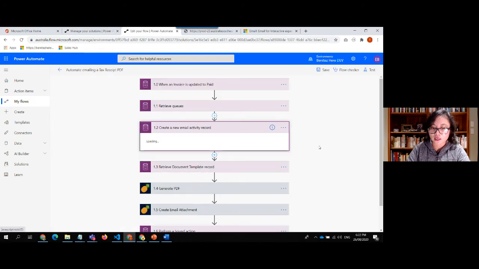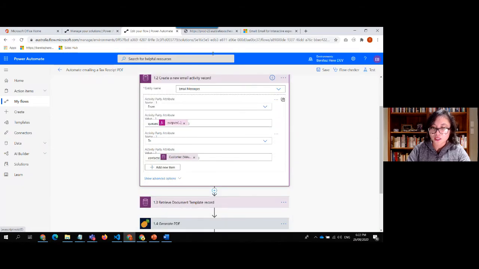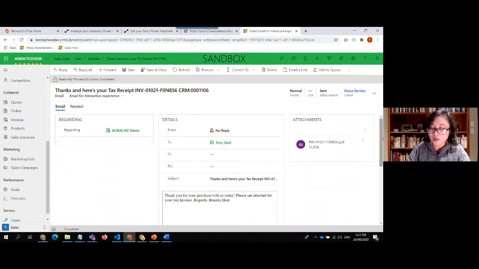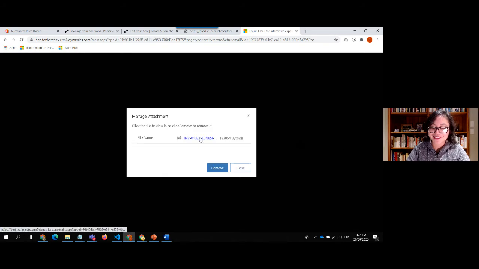So if I just go back in here, as I mentioned earlier, this is what it took care of. So that now this is what the email looks like. And then we can see that PDF has been automatically generated and associated to that email as an email attachment. So if I now click on this, just to show you what it looks like and to prove that it actually has happened. Why is this not opening? No, I've come so far and it's not letting me download it. Oh, here we go. It just needed a minute. Okay, so now if I click on open